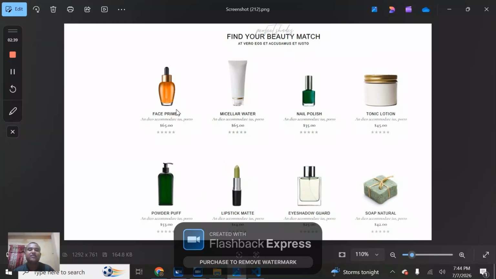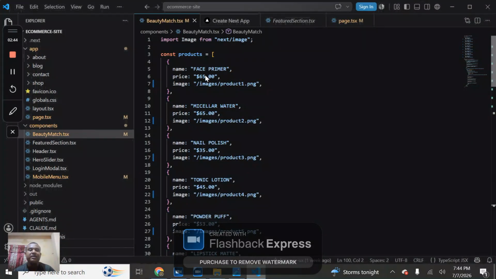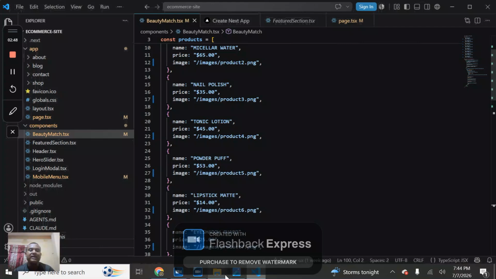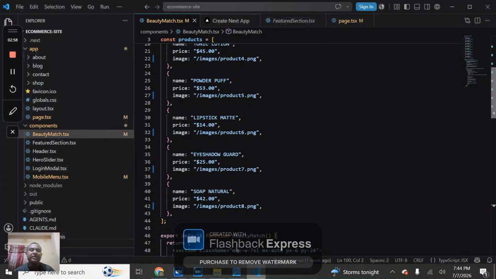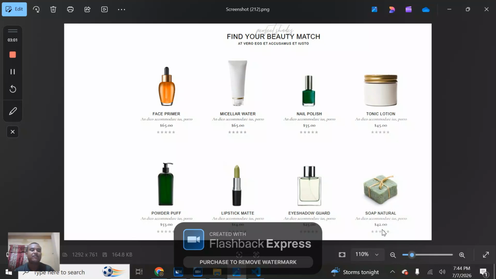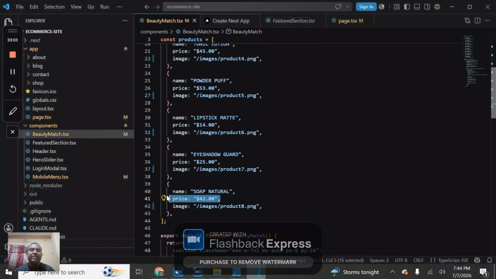images. In this photo we have face primer, micellar water, nail polish, tonic lotion, powder puff, lipstick matte, and eyeshadow guard, each with a price. Lastly we have soap natural. This is the soap natural, $42. So we write $42. Just the images will be